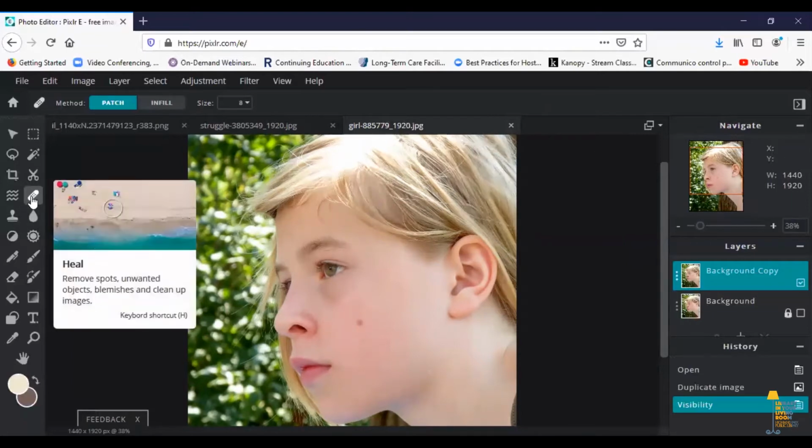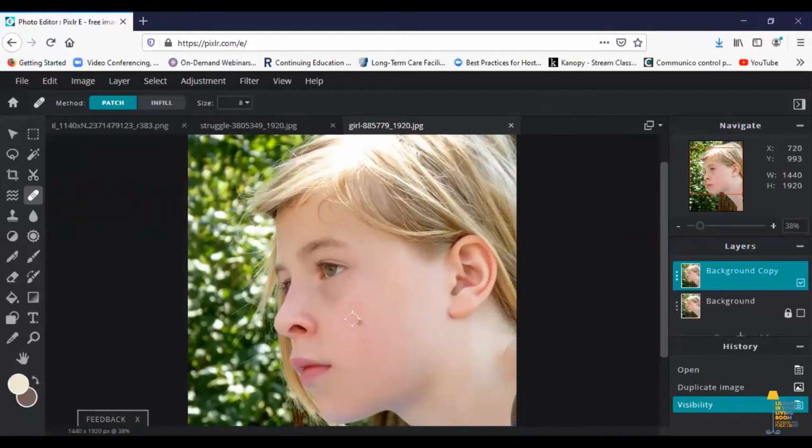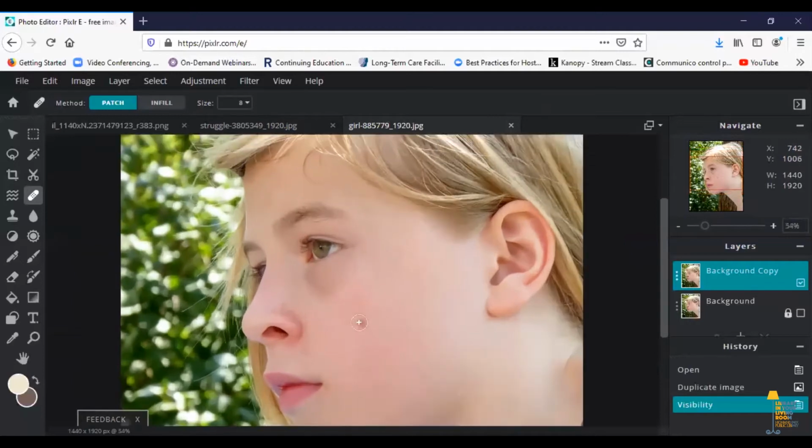You want to use the Heal tool, which is this Band-Aid, and you want to have your tool be a little bit bigger than the spot you're trying to remove. So that looks pretty good. If I zoom in, you can see it's covering the spot, but it has a little bit of the skin also covered. You want a little bit of the good skin tone in your tool so that it knows what it's blending. We're going to have it set for patch, and all we have to do is go over it